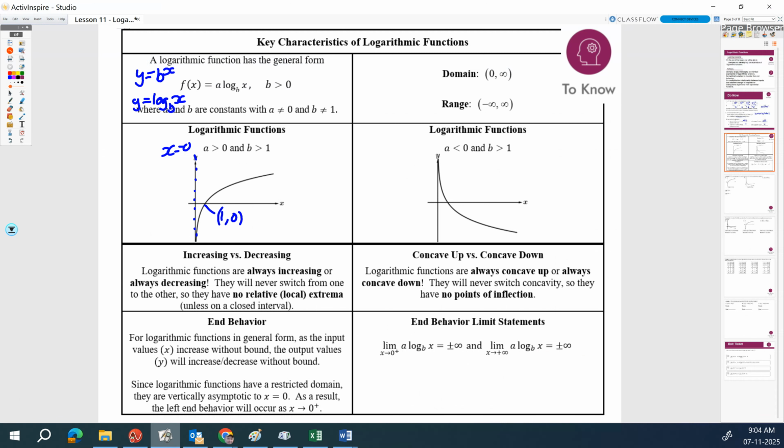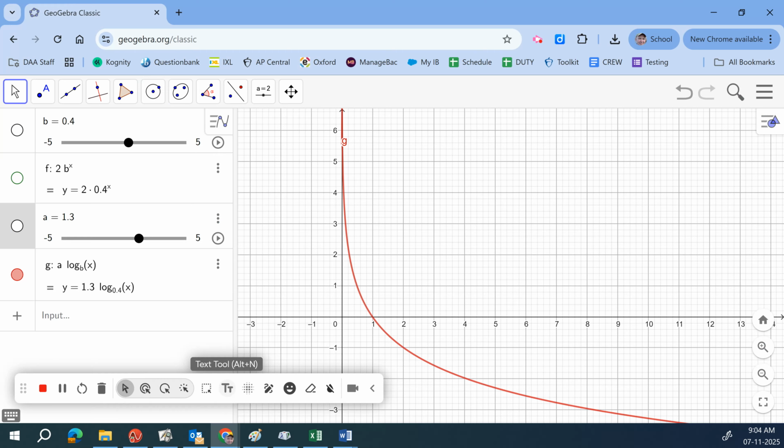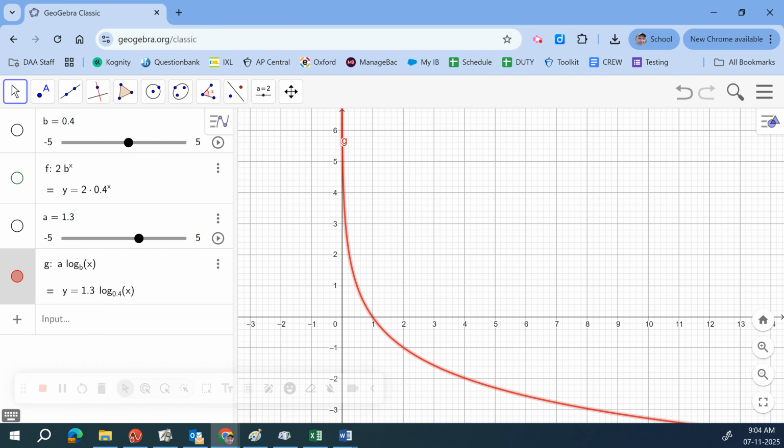So the function is either always concave up, always concave down, always increasing, always decreasing. The end behavior is that it's going to go towards either positive infinity or negative infinity, depending whether it's concave up or concave down, increasing, decreasing. The other end behavior is it has this vertical asymptote. So it will go to negative infinity or positive infinity as it approaches its asymptote. We can move that asymptote around by putting a horizontal translation in here. So if we translate it horizontally,